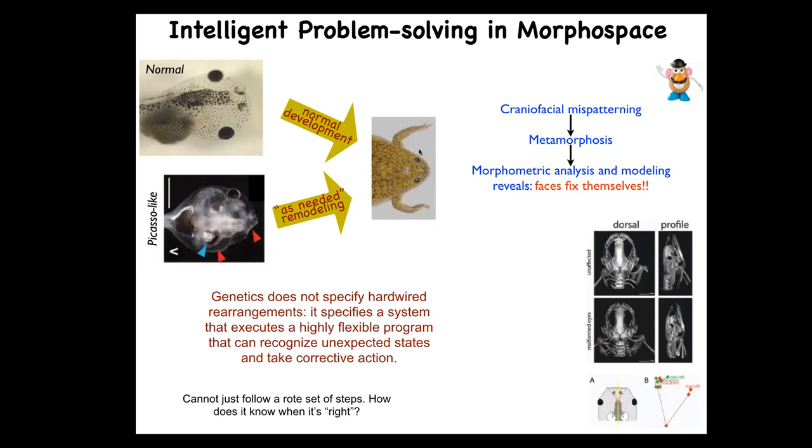You saw that in the kidney tubule example, where the cells call up different molecular mechanisms. You see it here when, from different starting positions, it gets where it's going. So of course we can look at this and understand the idea of navigation, and we can understand homeostasis, but it all brings up one big question: how does it know what the correct frog face looks like? I mean, how does it know where it's going?